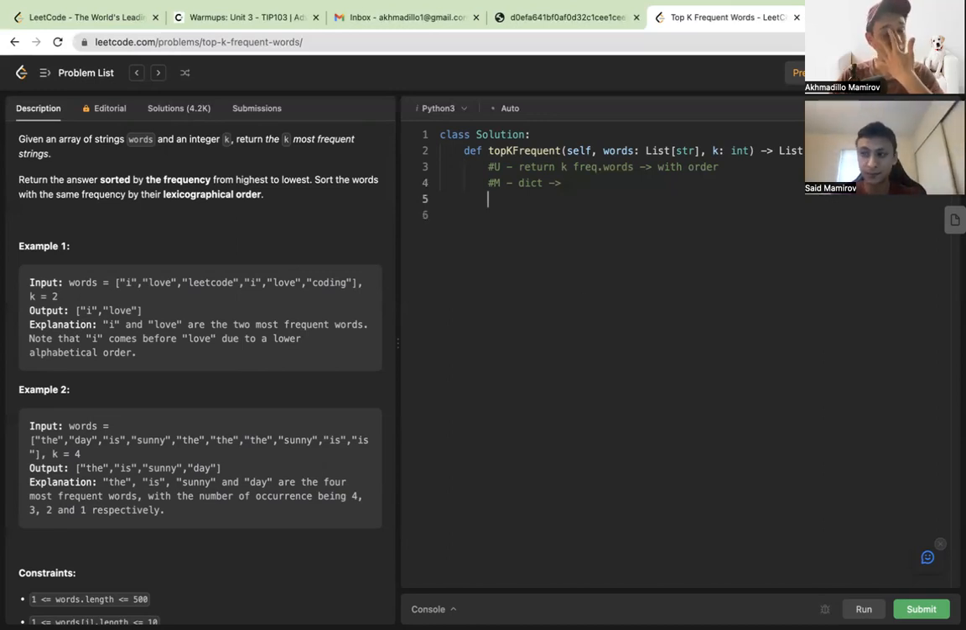So what I was saying is iterate through each word in words, right? And then have our dictionary, which I'm gonna initialize as an empty dictionary. Then say if word is, I can just say